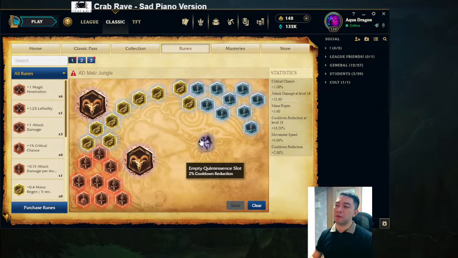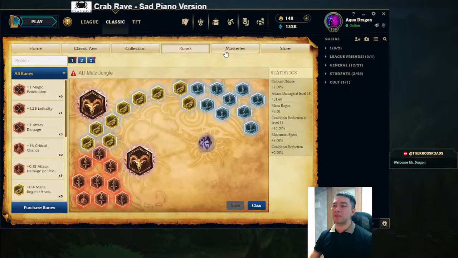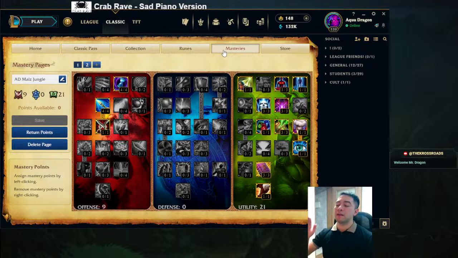So we can put this cooldown quint here if we want. And we can even have 3 cooldown quints if we want. Hello Crossroads, welcome to the stream. We can have 3 cooldown quints, but there's where the questions start beginning. I think if we put 3 flat CDR quints...